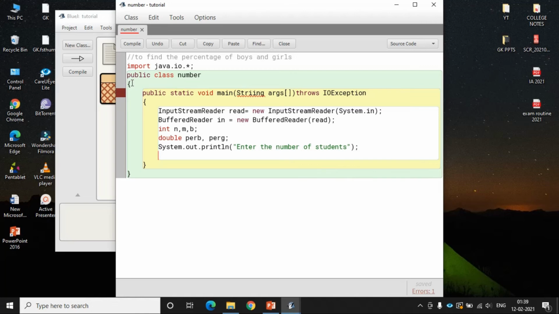This we will store in variable n, and the method we will use is Integer.parseInt. Now the object of BufferedReader we will use, that is in.readLine().